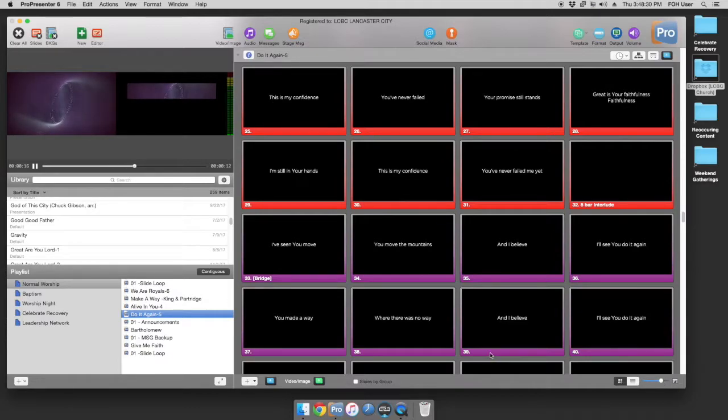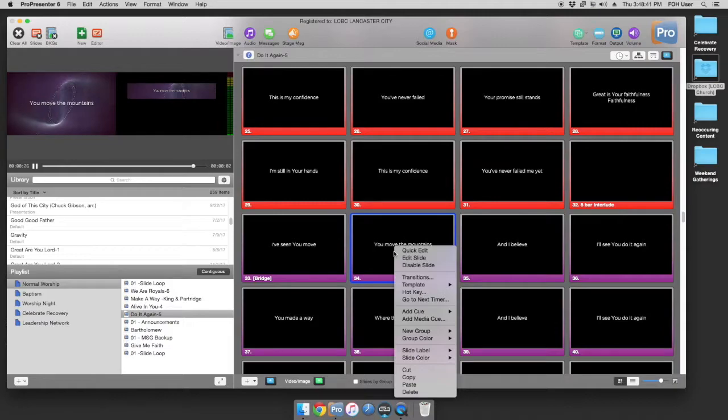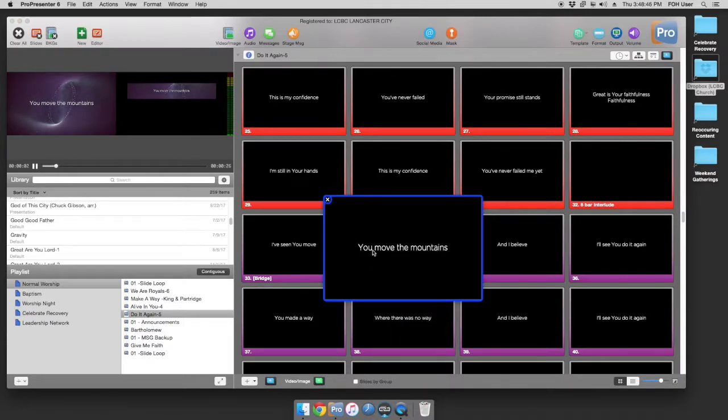So say you are navigating between slides and you notice a spelling error. There are a couple different ways that you can edit a slide, and it's very easy. The first way is to right click and click on Quick Edit. This is probably the quickest way. I mean, it's called Quick Edit. So say, for instance,